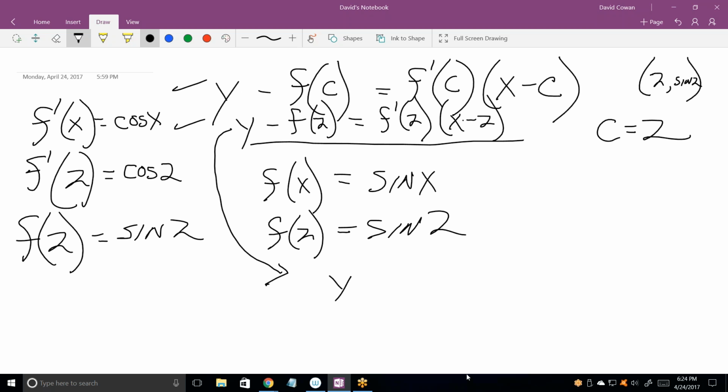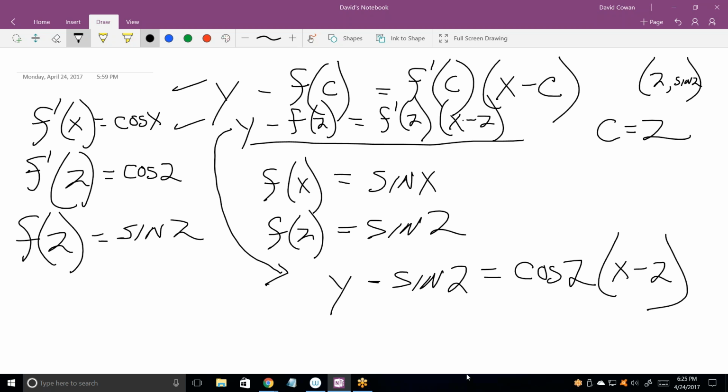Y minus sine 2 equals cosine 2 times x minus 2. That's the way you do it. In other words,